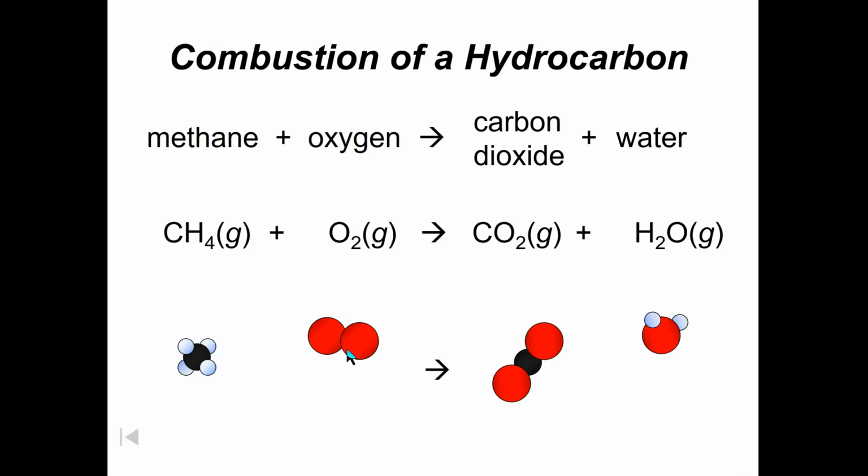Well, how do we get 3 red circles when there were only 2? And how do we get only 2 white circles when there were 4? This is referred to as, we got to balance the chemical equation. So if this represents the formula for how to produce, say, CO2 and water using the combustion of a hydrocarbon, we have to account for all the methane, all the oxygen, and all that's produced. And I'll give you this law here in a second.